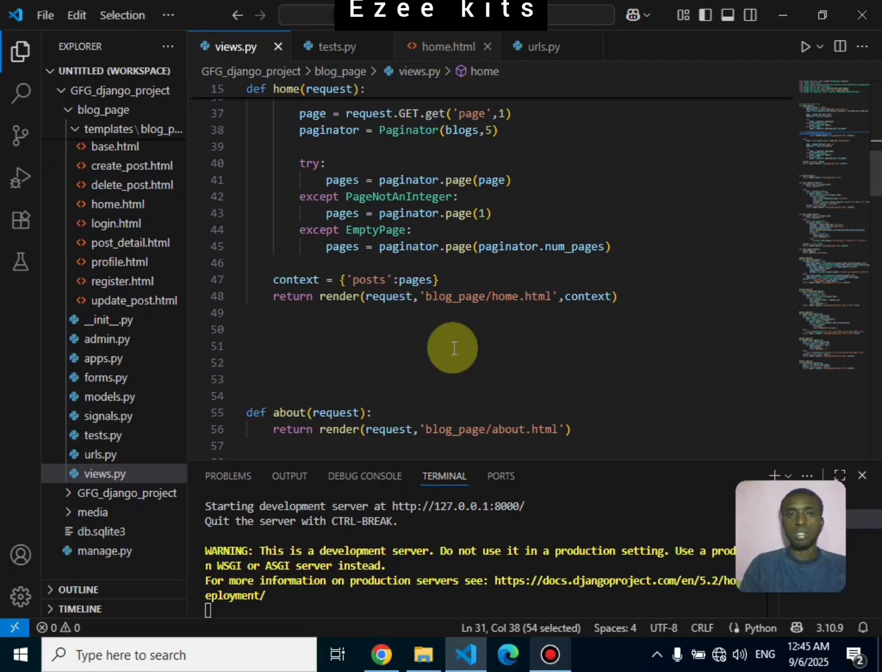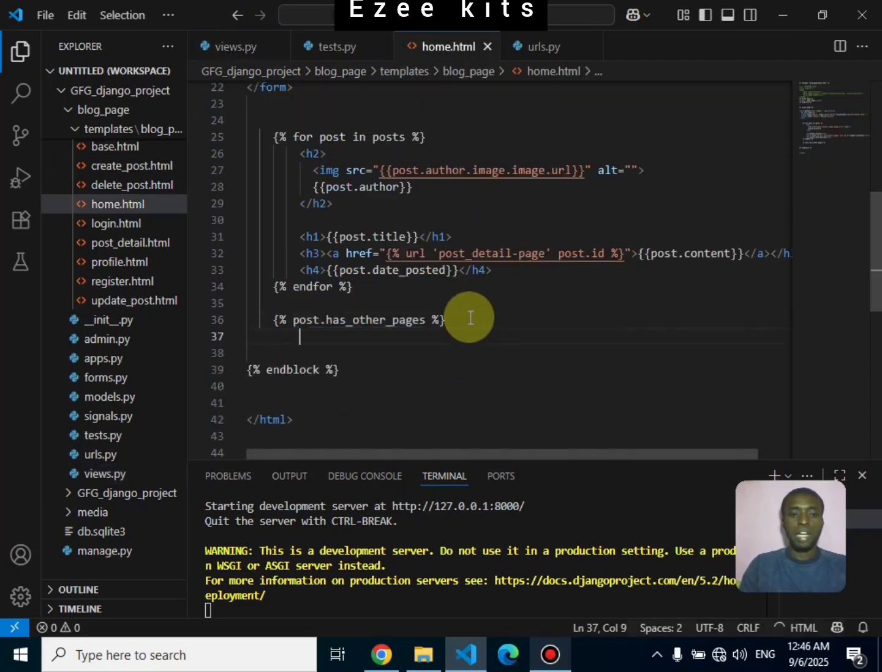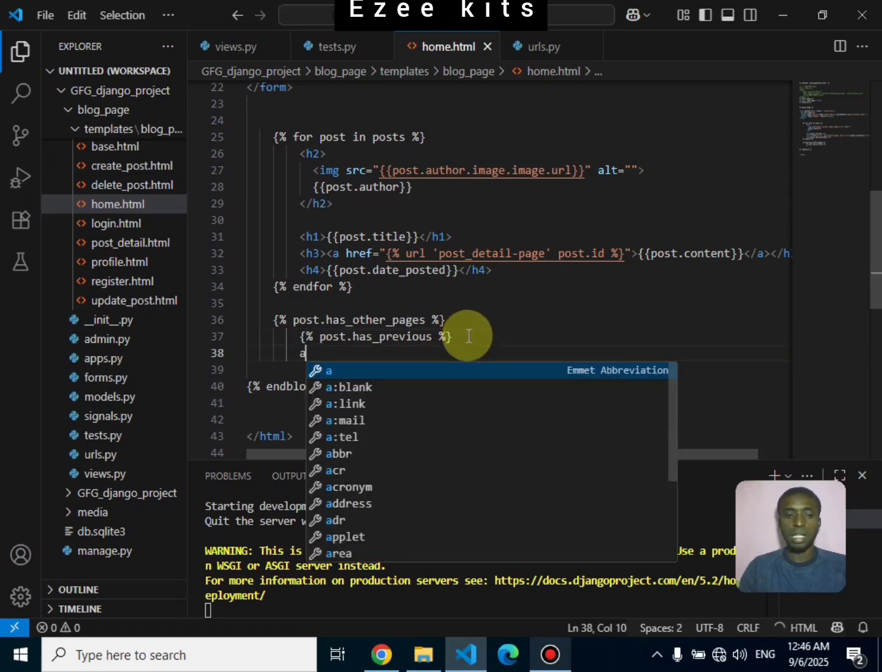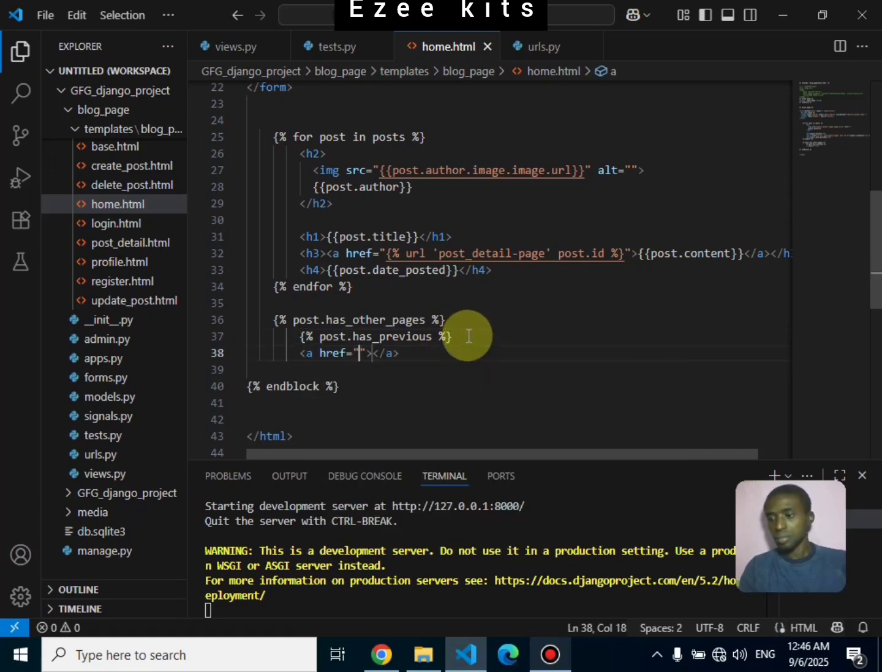So let's go back to our home.html. If it has other pages, we want to check whether it has a previous page. If it has previous, what we want to do is make an anchor, and with that anchor we're going to put a question mark. Once we do that, we want to set our own parameter and give it a particular number. So we're going to set the page, like Django is expecting from us, equal to